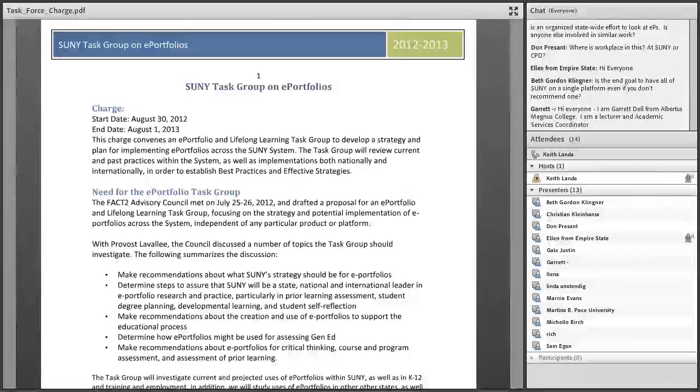Actually, Ellen, that issue about Open SUNY is probably something we should talk about, because I was at a meeting on campus here.